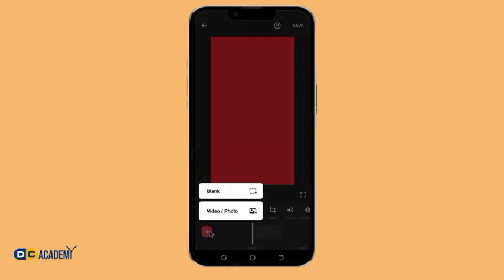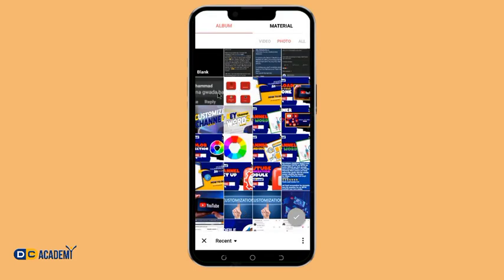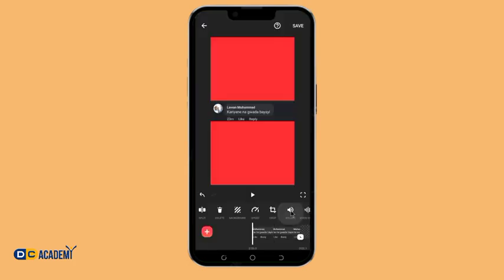So apart from clip, we have what we call overlay. Now remember I told you that if you tap on this plus icon, you can bring in anything to add as your clip, so that you edit it. For example, you can see this is different from this. This is different, this is different. We have two separate clips here. Let me delete this because it's not that